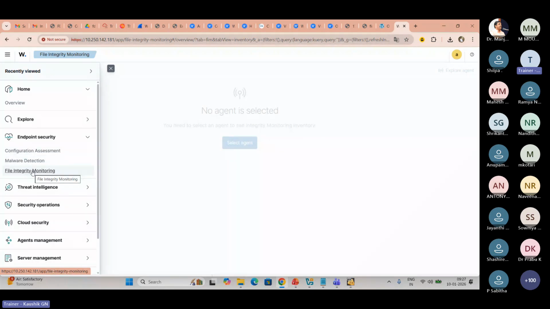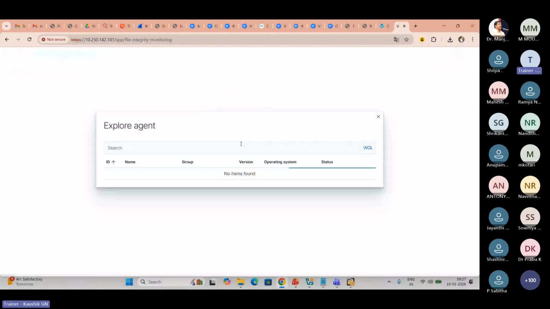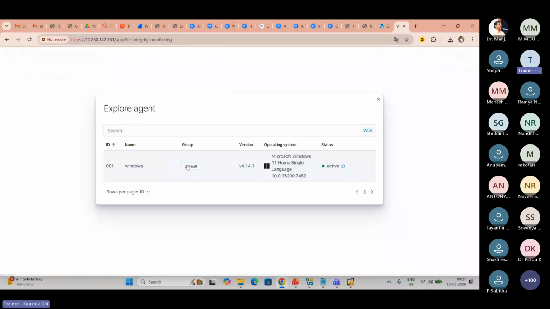I will set Wazuh to my host or endpoint. Here I will go to file integrity monitoring. Here I can add an agent. Yes, here I already added my Windows agent. So I will add a new one.